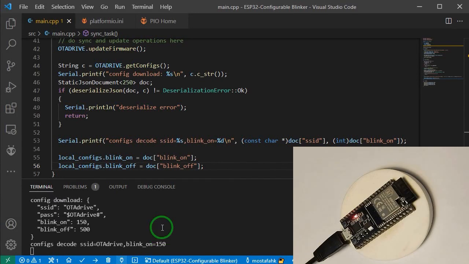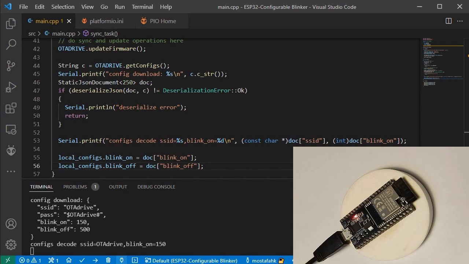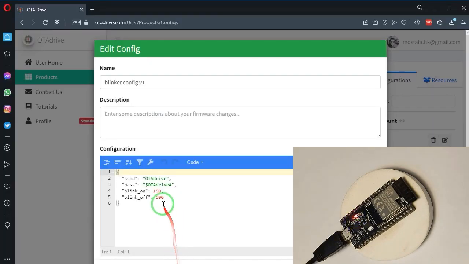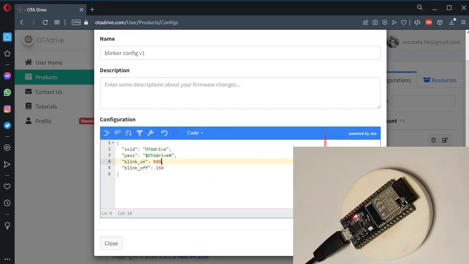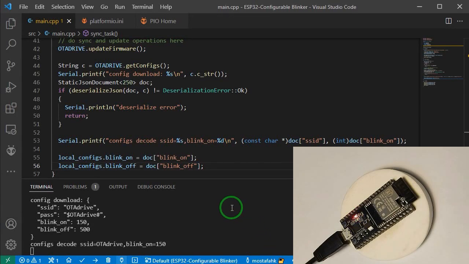It is not updated yet. Now the new timings applied. I'll do it again with other values. It's updated again.